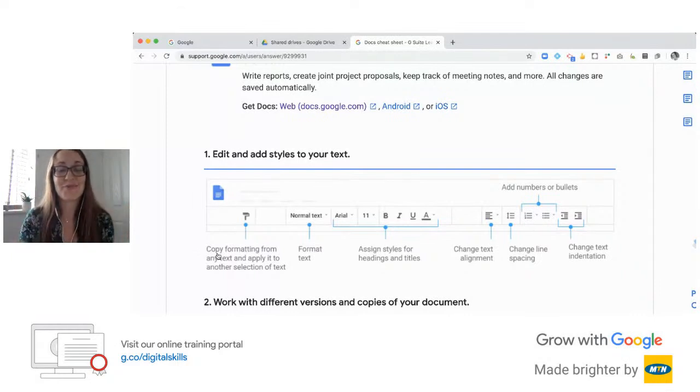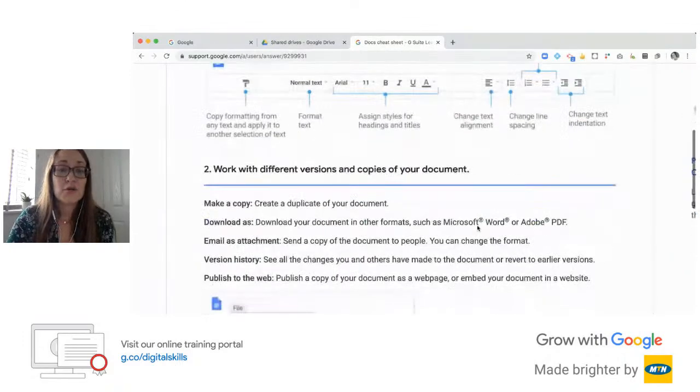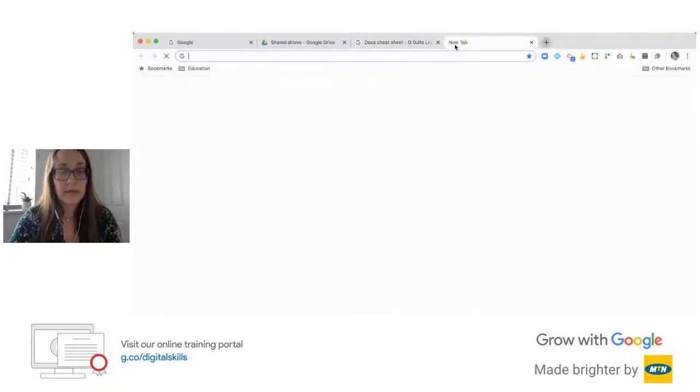And of course, we have our basic formatting of your fonts and your line spacing and all of that. And basically, everything you see is what you can do. And the simplicity is what makes Google Docs and the other G Suite apps really easy to use. So let's explore that a bit. I'll use my